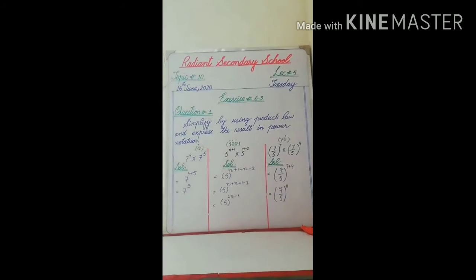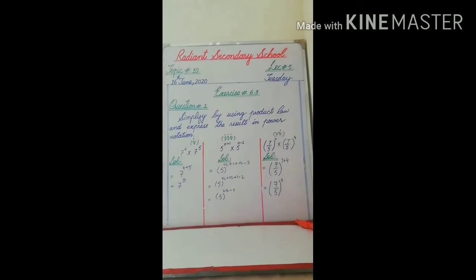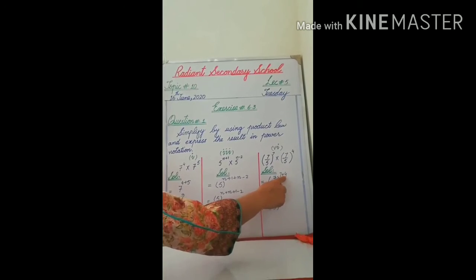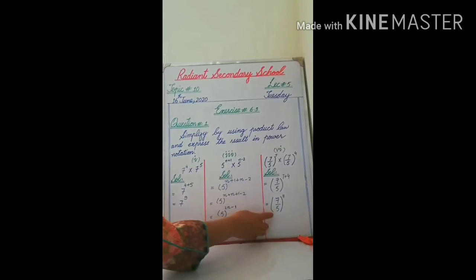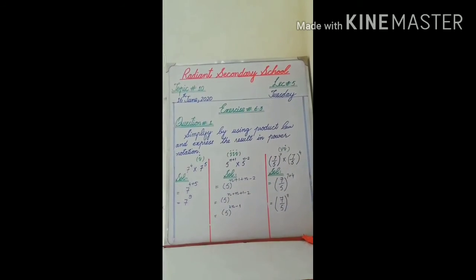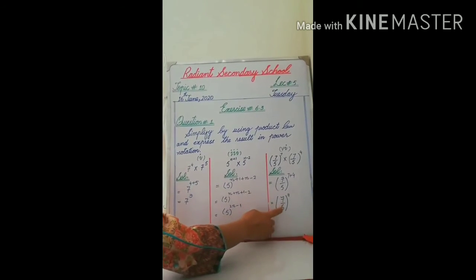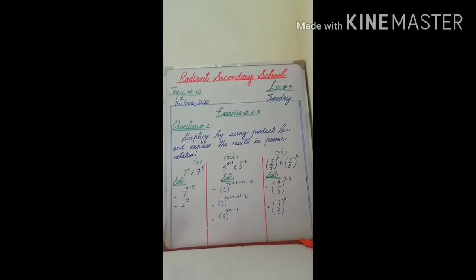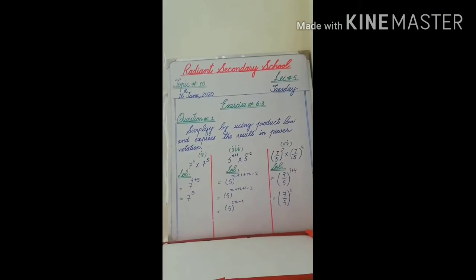In the part number 6 question, again bases are same, we have to add their exponents. 7 over 5 whole exponent 7 plus 4. When we will add, answer will be 7/5 whole exponent 11. Students, here you have to put focus. When you will insert bracket, your bracket should be in a big size that should cover numerator and denominator both. Otherwise, if your bracket will just cover numerator, your question will be considered wrong. I think remaining parts, just like these parts, you can do by yourself.